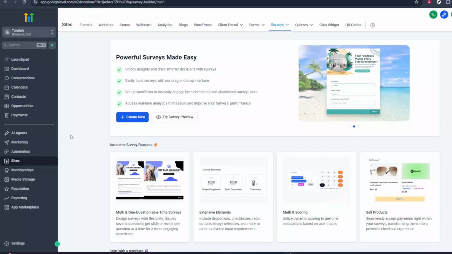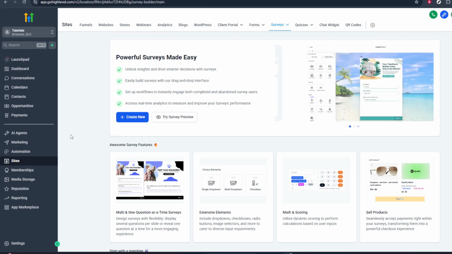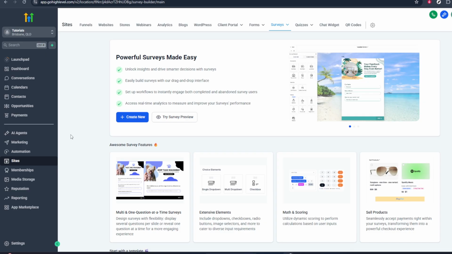In today's video, I'm going to teach you how to create surveys in Go High Level. We'll walk through the process from the moment you log in, so even if you're brand new to the platform, you'll be able to follow along. Go ahead and sign in to your Go High Level account, and once you're on your main dashboard, we're ready